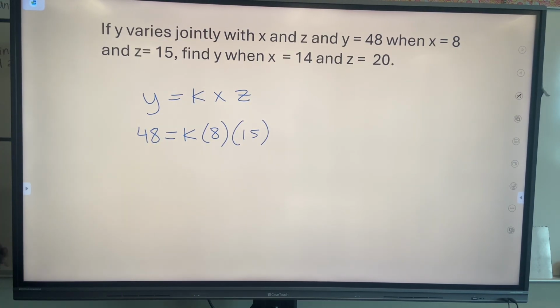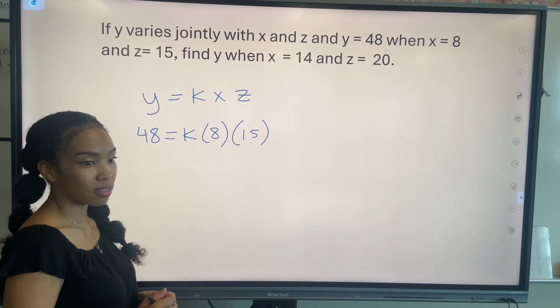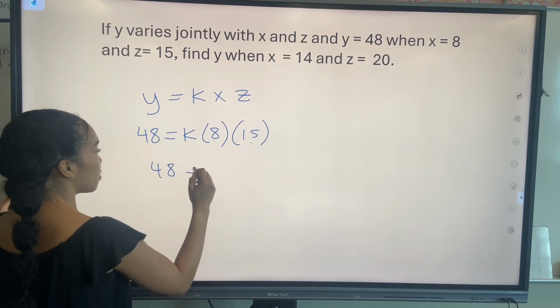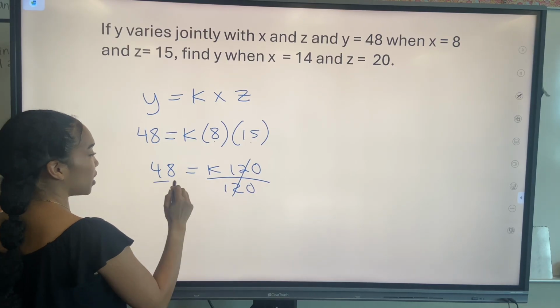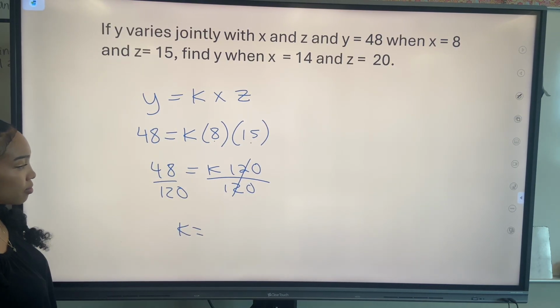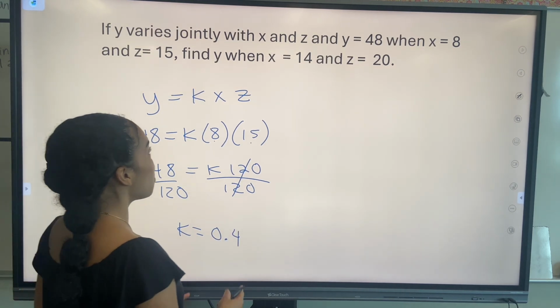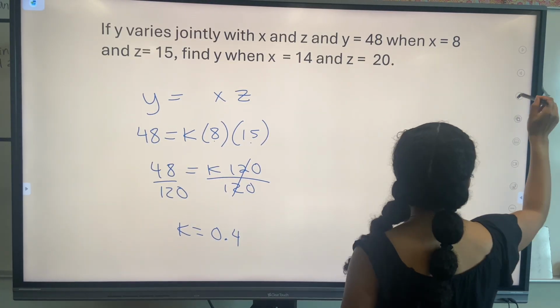So now you just solve for the constant of variation. Can someone tell me what 8 times 15 is? 120, thank you. And then you're going to divide both sides by 120. Put that into the calculator. Let me know what K is. 0.4. Okay, so I know that my K value is